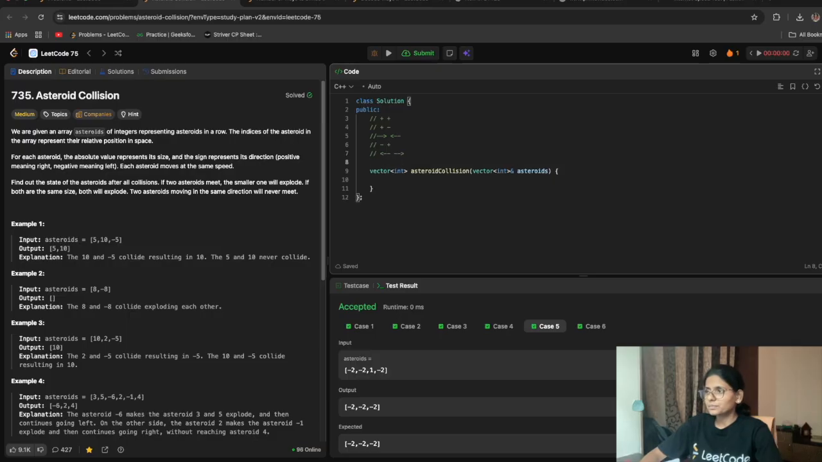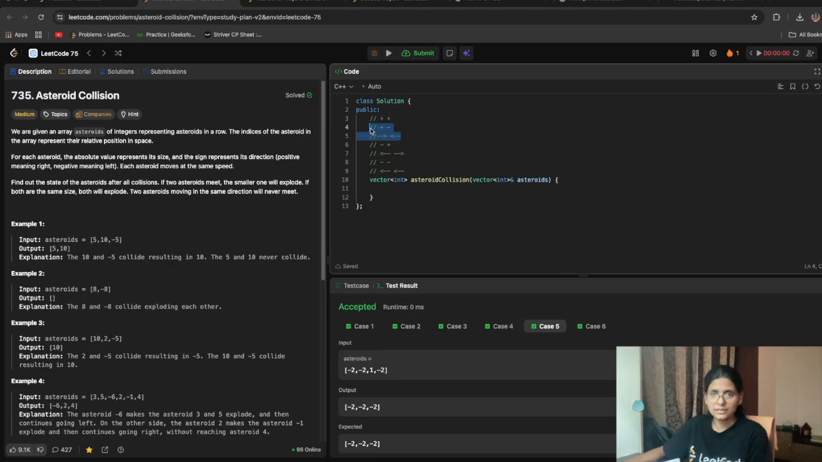Then we have minus minus, that is, both are going in the left direction. Then also no collision will occur because both are going in the same direction. So the only condition that remains is like this: the recent asteroid that we have visited should go in the right direction,